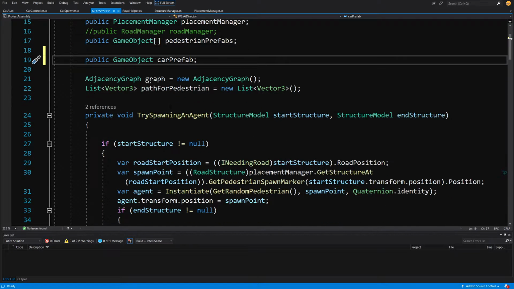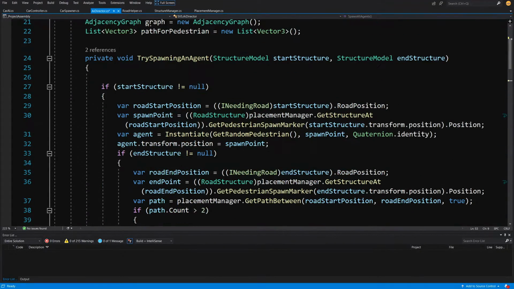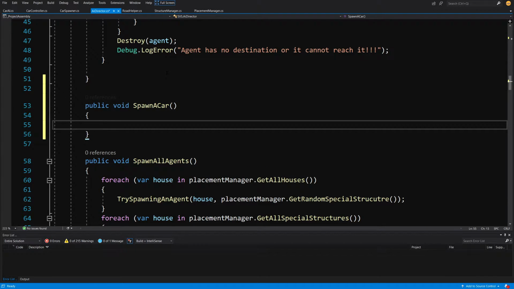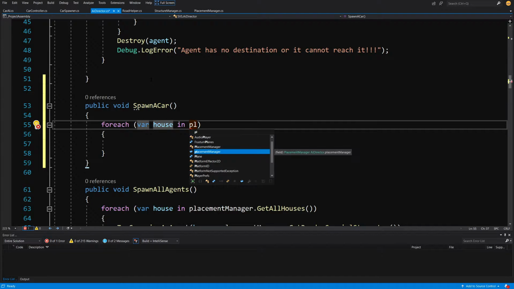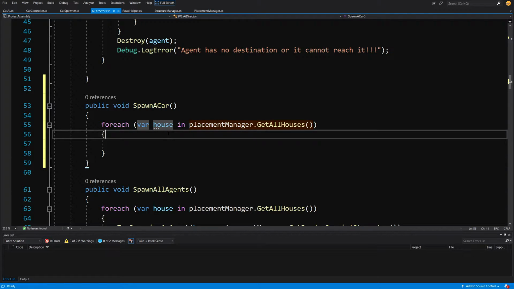Okay. Let's slide down and let's create a method, maybe after the try spawning an agent above the spawn all agents, we are going to call public void spawn a car. And we are going to assign this method to a button so that we can spawn a car on click of a button. We will want to call for each var house, and we are going to get access to all the houses on our map using our placement manager. So type placement manager dot get all houses,